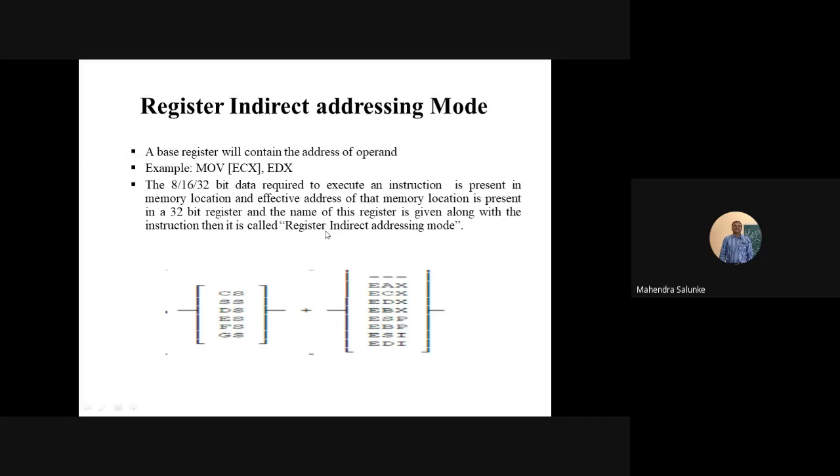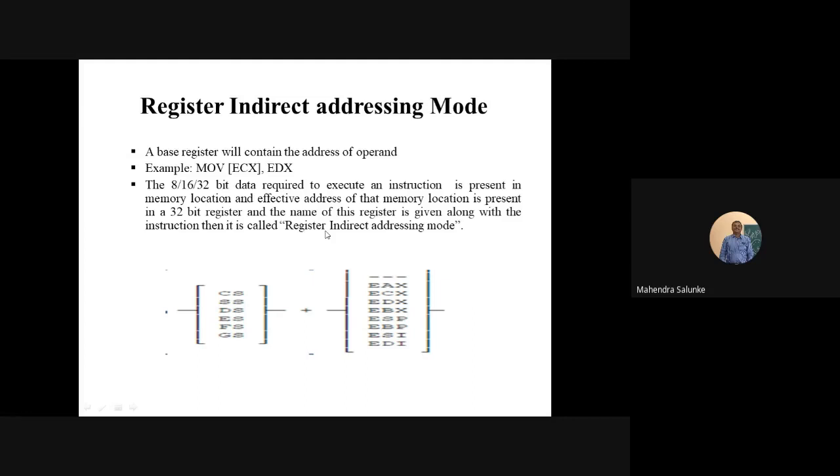Okay, I will tell, no issues, because I need to cover this. EDX contents will be moved to the memory location pointed by the ECX register. Right? If I remove the bracket in that instruction and write only move ECX comma EDX, in that case the content of EDX is moved into the ECX register. But as I have these brackets, it indicates that I am moving the EDX value to the memory location pointed by ECX. Right? So this is how everyone should be able to explain it.